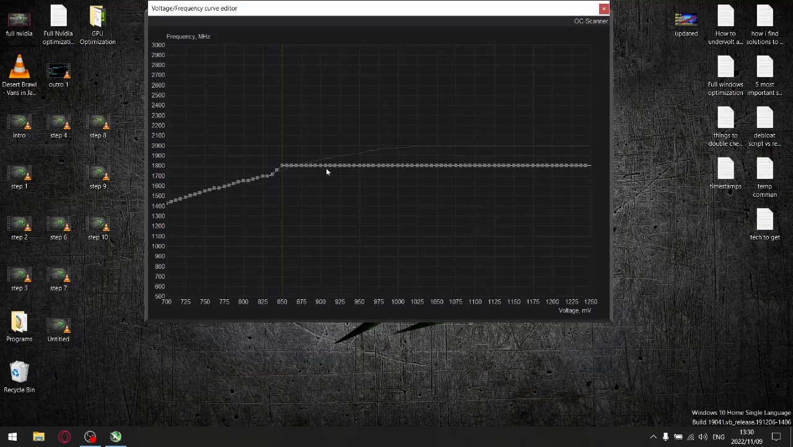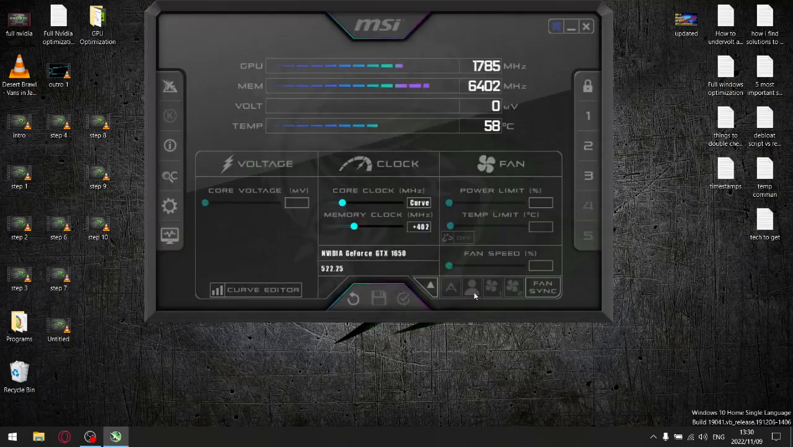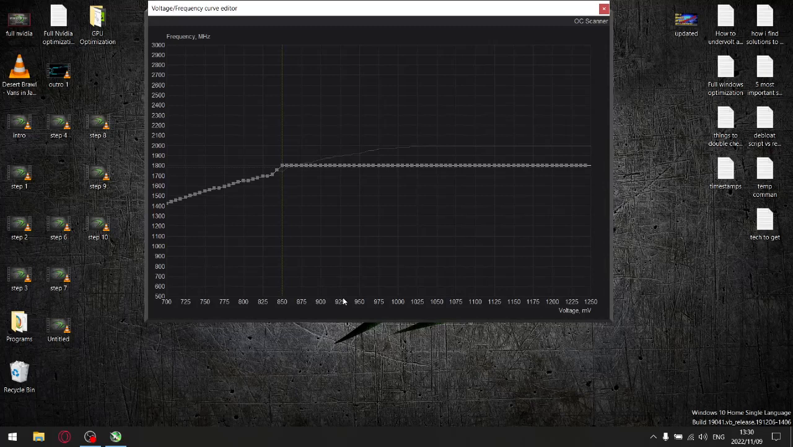What we're going to do now is test to see if we can go lower than 900. So go out of MSI Afterburner, just minimize it, and play your most demanding game for about 10 to 15 minutes. If it's not crashing, then you should be fine. Then come back into MSI Afterburner, go back into the Curve Editor, and from 900